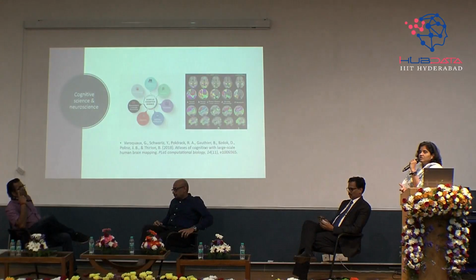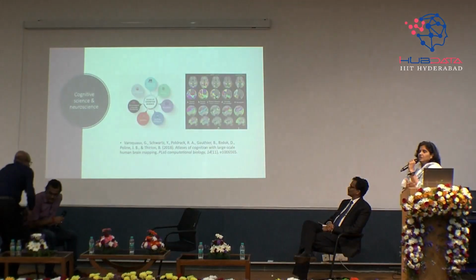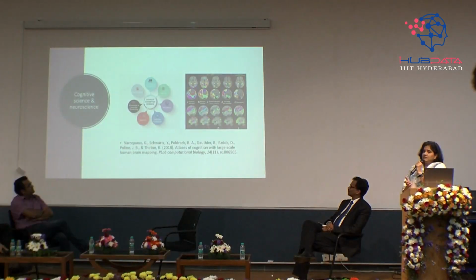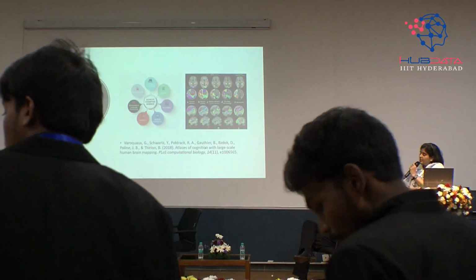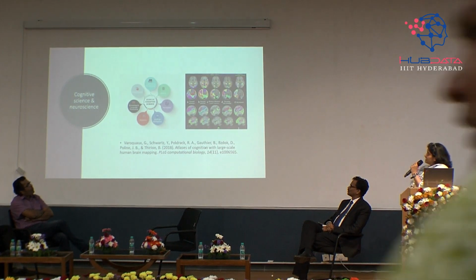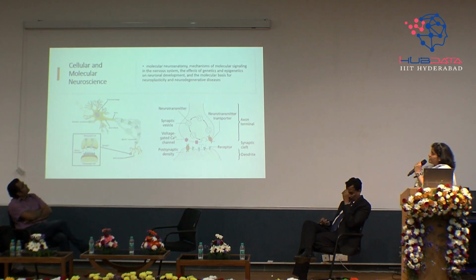Not just at the higher cognition level, how do I make a decision to take a bet or not take a bet, okay? We also have a core in clinical conditions, but cognitive science basically deals with a lot of higher order cognition, memory, learning. And what you're seeing, these pretty pictures on the side, these are actually brain scans done with different kinds of modalities, and the coloration basically shows some signal changes.